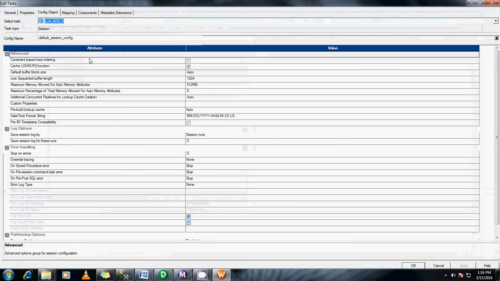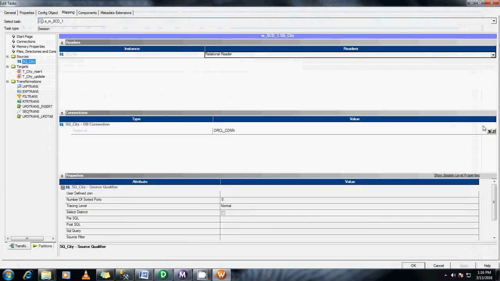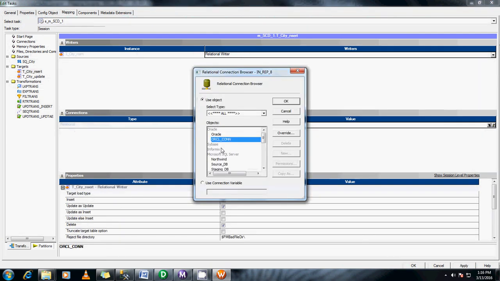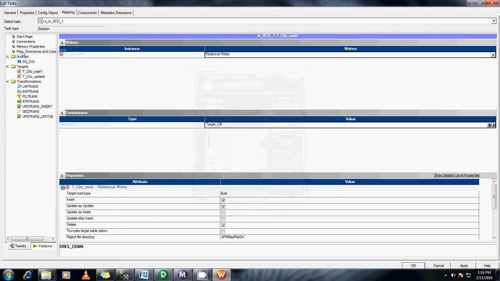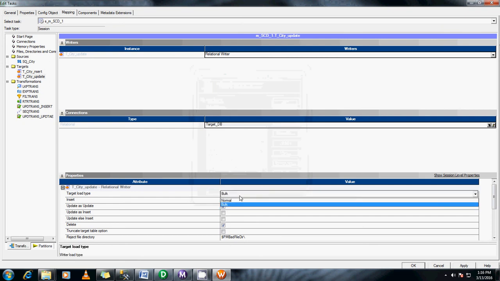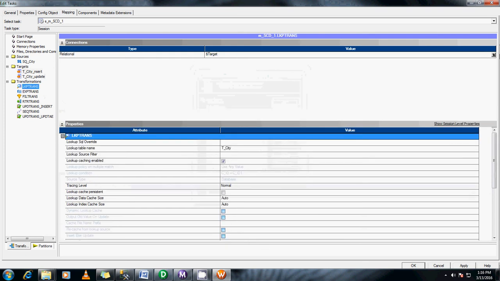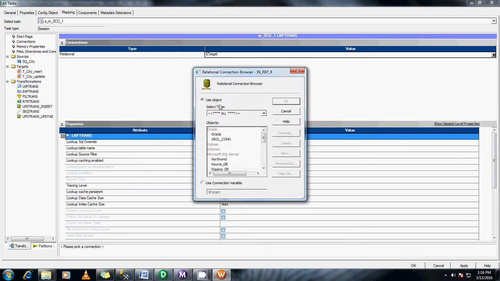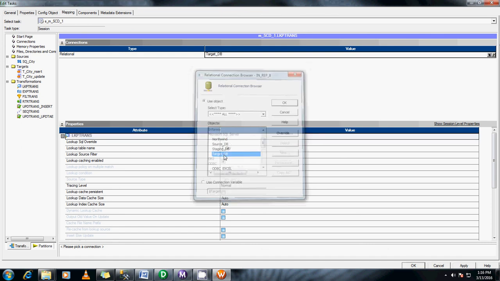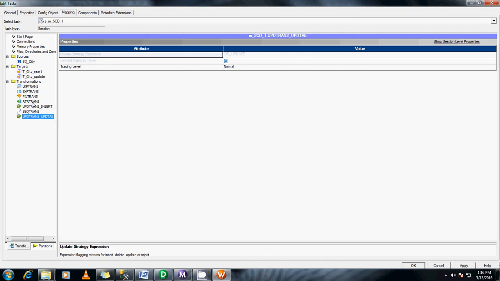What I'm going to do is open the mapping tabs and change the connections to the respective ones. This would be source DB. Similarly for the target. Moreover, most of the time if you use lookup transformation, you forget to give the proper source or target connections, so be careful with this. Other transformations, everything will be as it is.